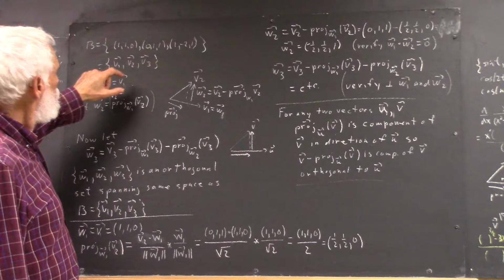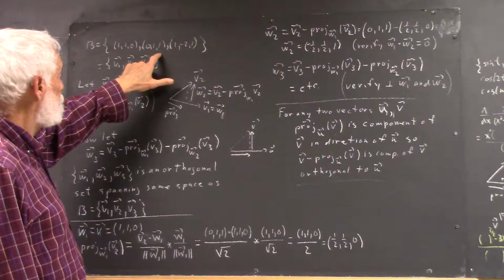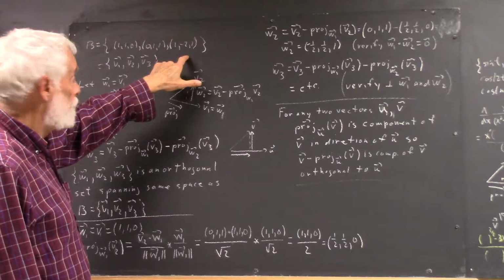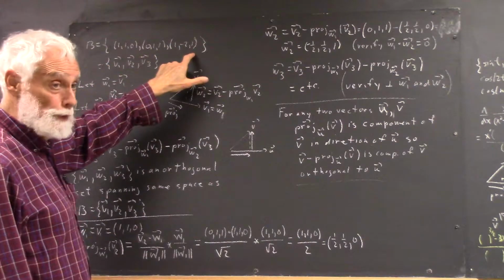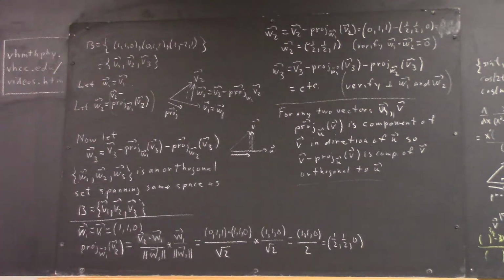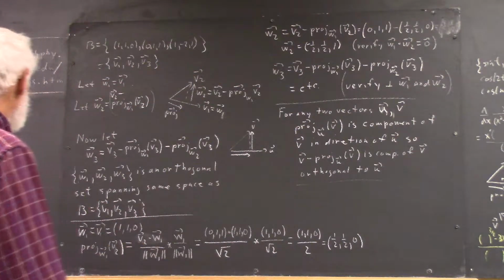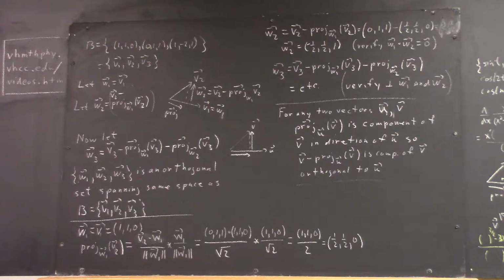Okay, so these aren't orthogonal. Dot product of this with this isn't zero. Dot product of this with this isn't zero. Dot product of this with this isn't zero. Nothing's orthogonal to anything else. We want an orthogonal basis, and we can use this basis to develop one. Okay, so what we're going to do is we're going to let our new basis be